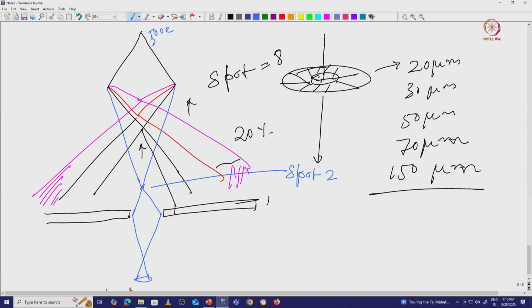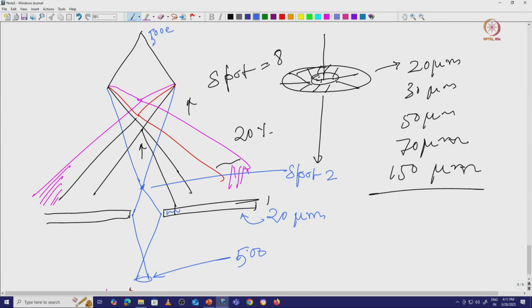Now, here if your spot size is this one, you can see even when using a very small aperture size, even a 20 micrometer aperture, it blocks the majority of the beam. But if the spot size is very small, that is 1 or 2 or 3, you can see most of the electrons are going through this. So, here your beam diameter is also small, and all these 500 electrons are saturated in this particular area, which is not good for your sample.